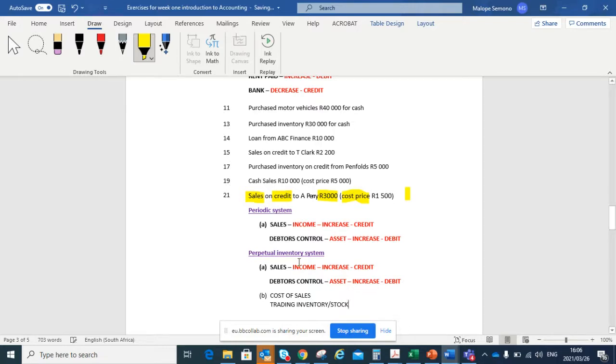So I'm telling you, as long as you are dealing with perpetual, you will always have 4 accounts like this. The first part will be the sales, and the second part will be the cost of sales. And I'm telling you, cost of sales will always go with what? You must know how to pair them. The cost of sales will always go with the trading inventory. Don't mix them. Can you see now? So this is the cost of the trading inventory that I bought. Now I sold it. So how did I sell? I sold on credit. That's why I say debtors. If I sold for cash, I'll say bank. But this one will never change. As long as you sell inventory under perpetual, you are going to have 4 accounts.